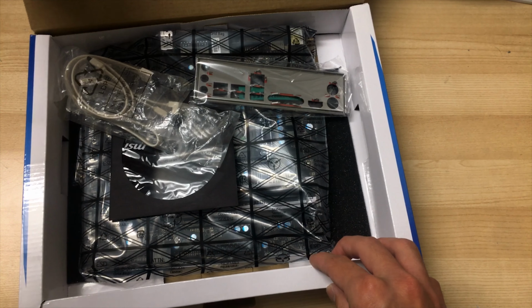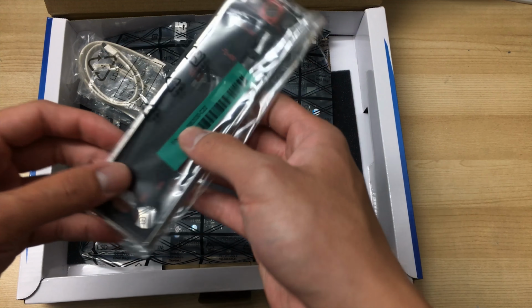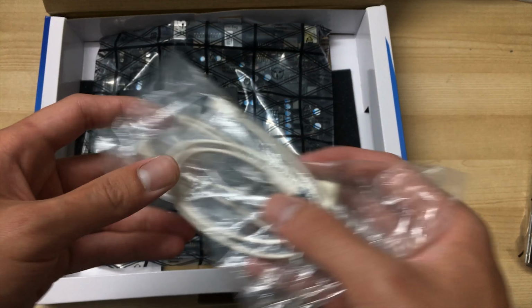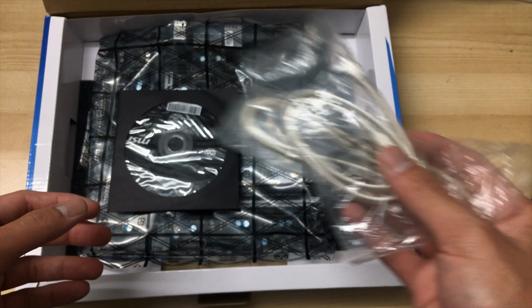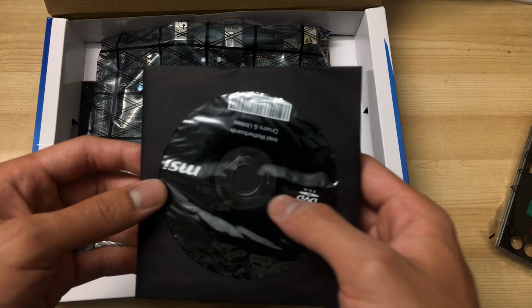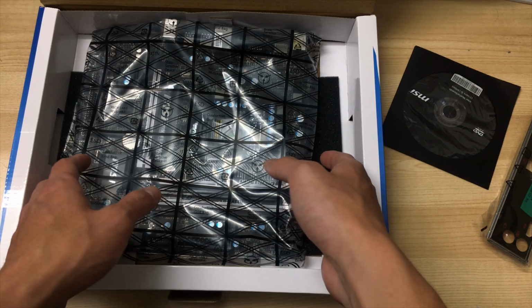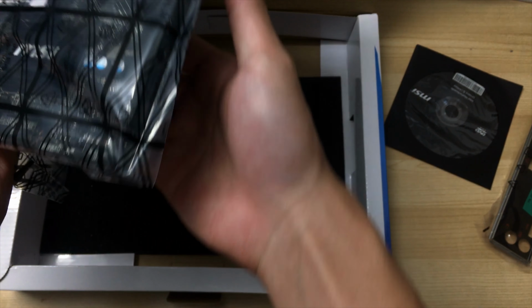Inside, you get the normal accessories, an I/O back panel cover, also white SATA cables apparently, well, more beige than white. You get those, and also the driver disc, which you should always throw away and download the latest drivers from MSI's website. And so we get to the meat and potatoes itself, which is this motherboard that I got